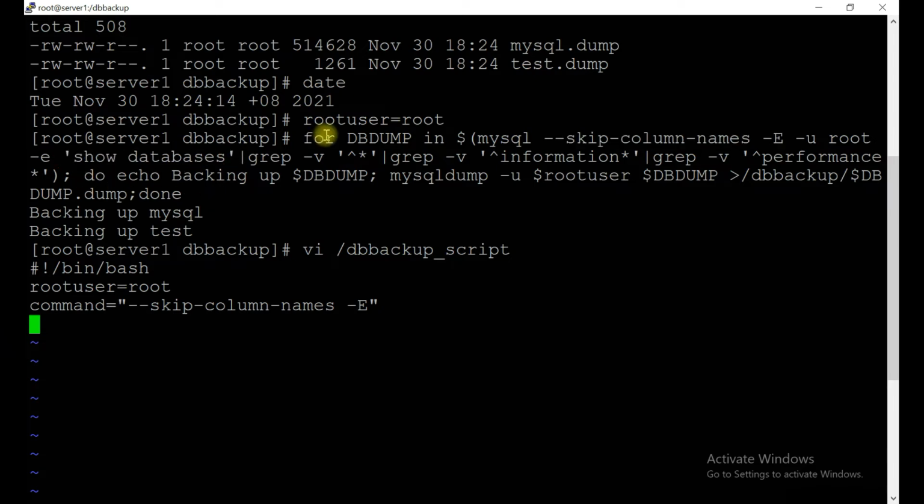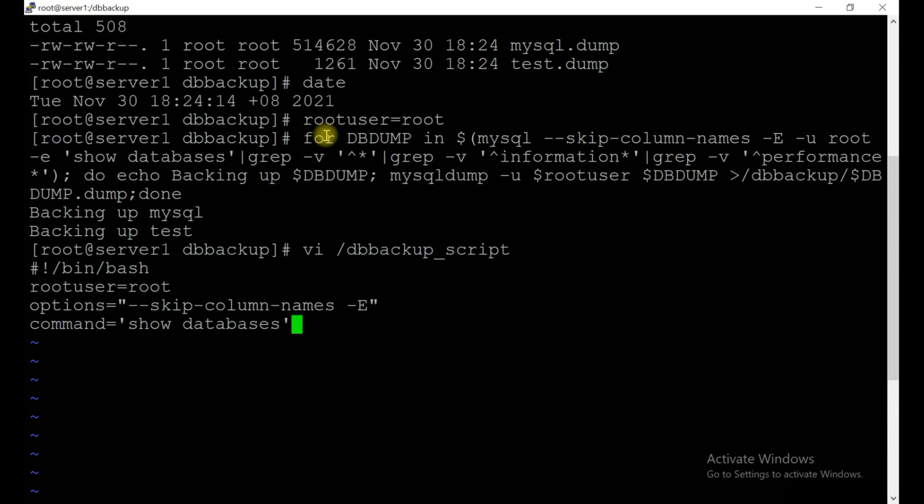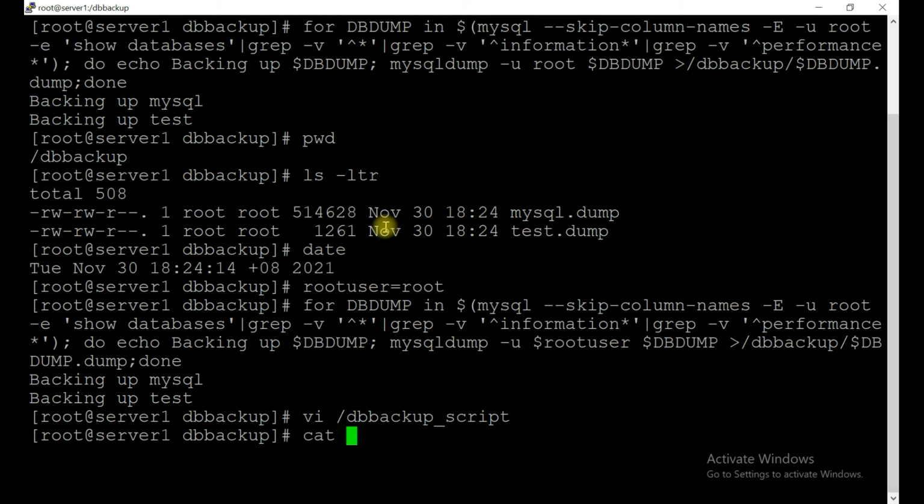So let's change these two options for easy convenience. That's command, and copy it. That's it. Okay, so let's save it and see the content inside.